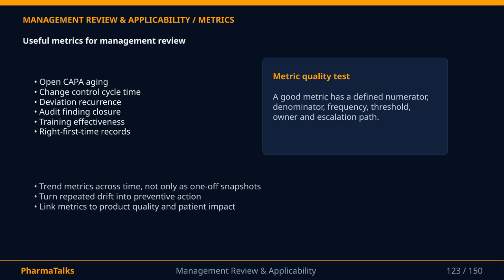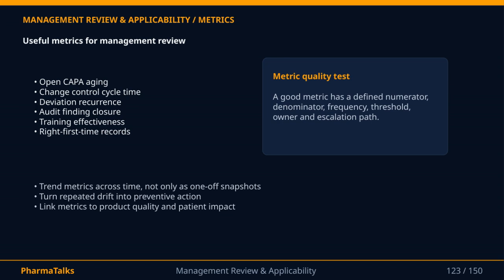Now, when it comes to evaluating these metrics, a good metric must have a clearly defined numerator and denominator to ensure precise measurement. It should specify frequency, so we know how often to review the data, and it needs an established threshold or target. Each metric must have an owner responsible for monitoring it and an escalation path if things go off track. We should always look at trends over time rather than isolated snapshots to understand if we're improving or slipping. If we see repeated deviations, we must transform those insights into preventive actions instead of just reactive fixes. Importantly, these metrics should always tie back to product quality and patient impact, reinforcing that everything we measure has a